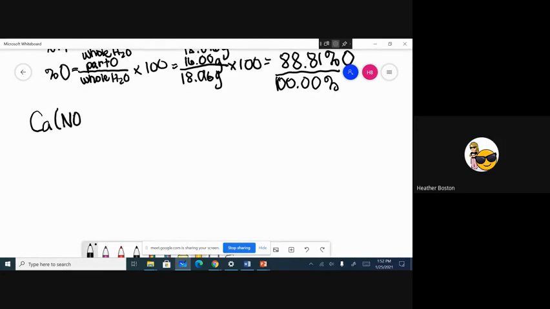Let's do calcium nitrate, which is a salt. It can be used as ice melt. Do you guys have ice melt at your house at all? Pretty apropos for tonight. If you guys think of it, take a picture of the ingredients in your ice melt,